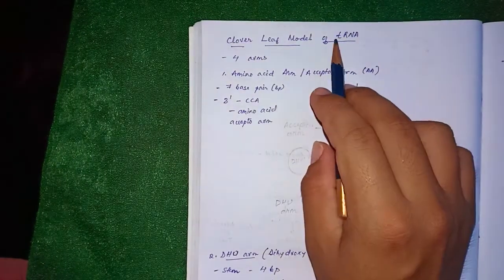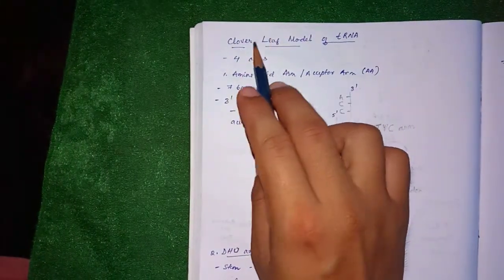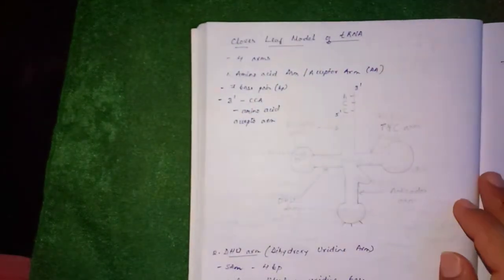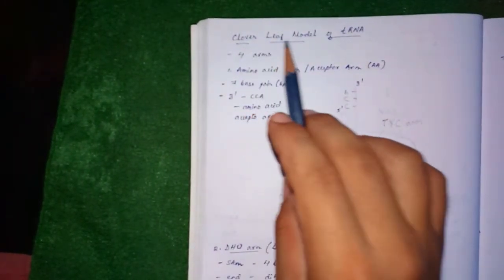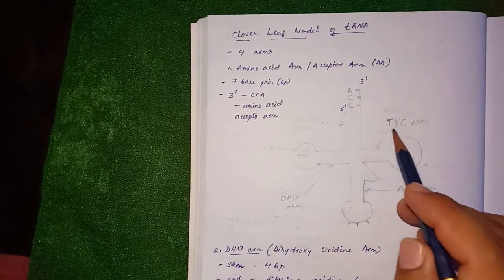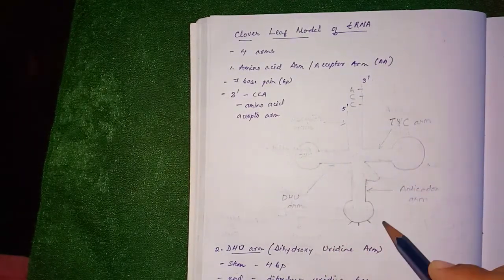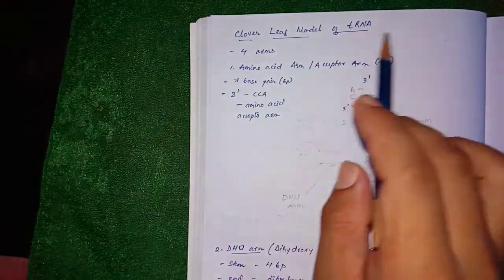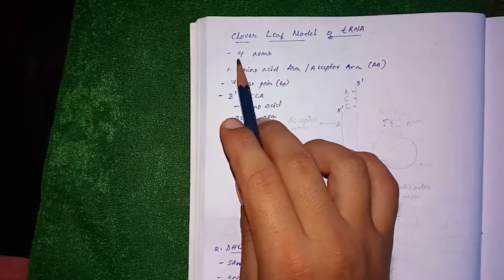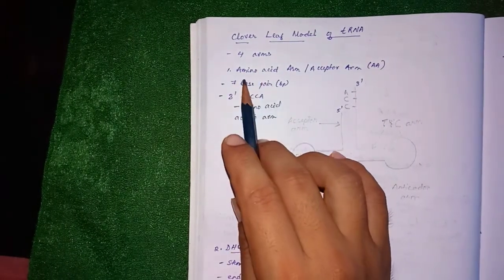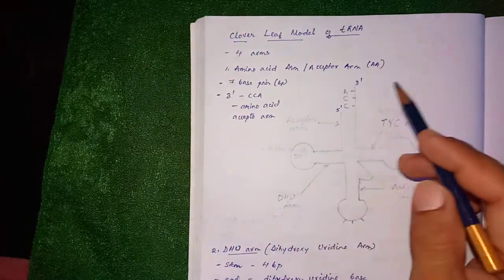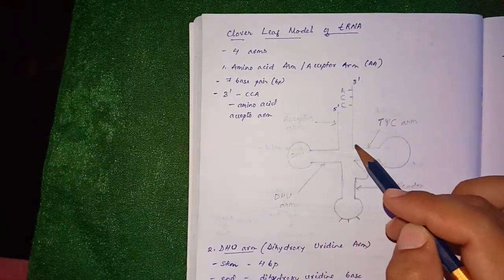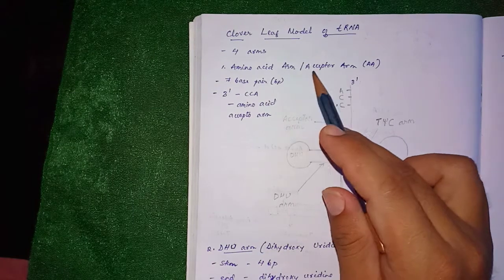Now let's discuss the structure of the tRNA. The structure of tRNA is best explained by a model called the clover leaf model, and according to this model the tRNA appears in this form. So according to the clover leaf model, the tRNA consists of 4 distinct arms. The first one is the amino acid arm or the acceptor arm. So this portion is called the amino acid arm or the acceptor arm, and